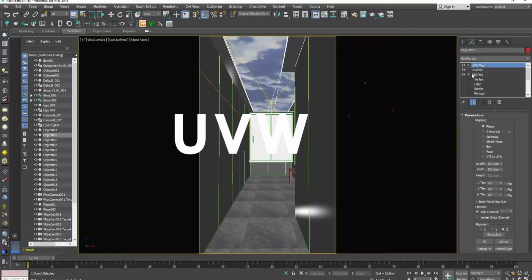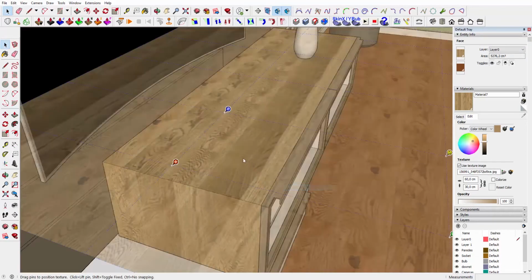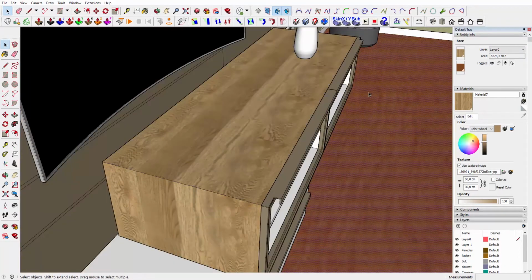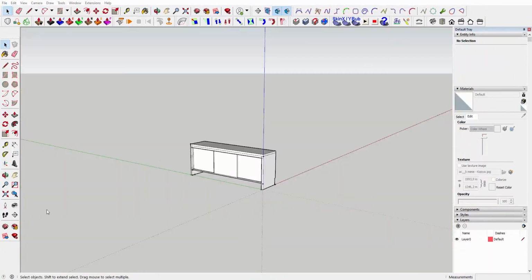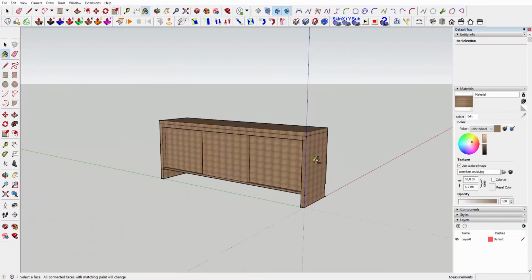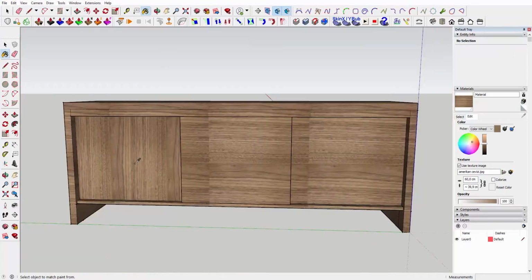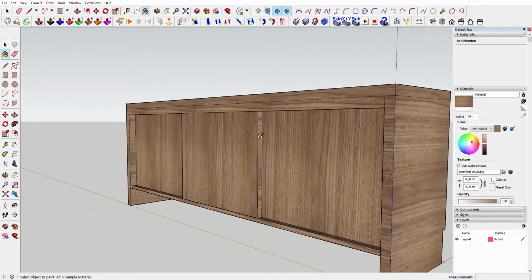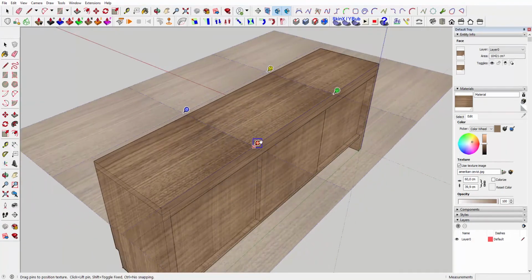Secret weapon: UVW. Yes, everyone does UVW, but just do it. It is not enough that the material you put on a wooden furniture scale is accurate. Look at the furniture you own. Do research from websites. Not all aspects of wood are the same. It also varies according to the direction of use of wooden panels. If you want to get photorealistic rendering, you need to master some structure and material knowledge.